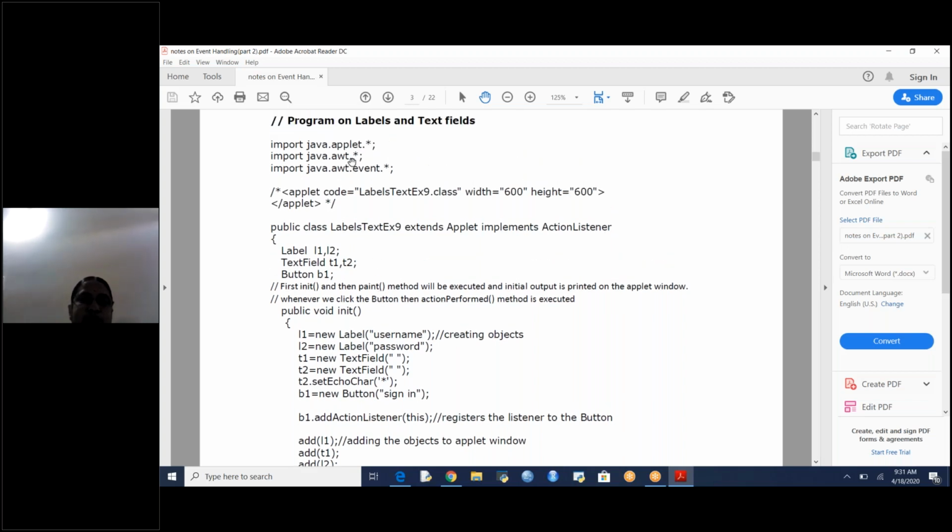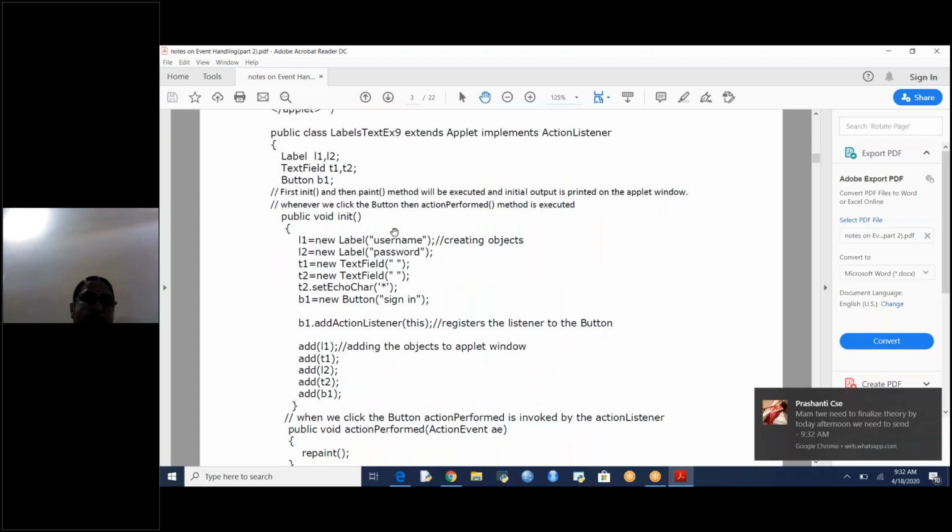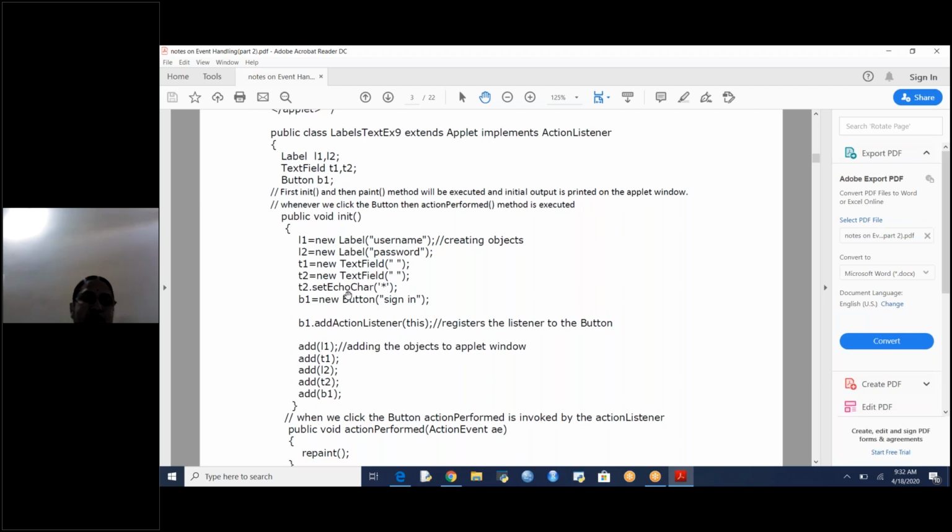See, first we will see three import statements, same. Applet code in the comment, same. Everything is same. But how many labels, text fields, buttons, all these you know. Already explained in the init method. It is divided into three parts for all the AWT controls. In the first part, I will create the objects using the constructors for all the AWT controls. After